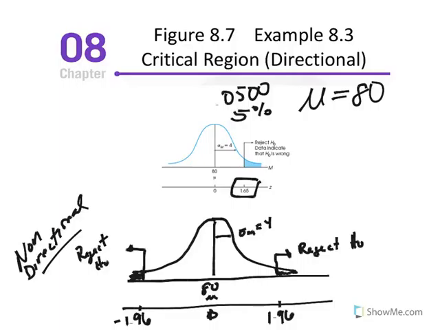Down here at the bottom, I've illustrated what it looks like for a non-directional test, again, alpha at 5%, and the critical region is set at a z-score of negative 1.96 and positive 1.96. And if we fall in those critical regions, we get to reject. But notice that a z-score of 1.96 is further out in the tail, right? You would agree that 1.96 is further out than 1.65 because 1.65 is closer to 0 as opposed to 1.96. And that's what I mean by a one-tailed test being a little easier to pass, because